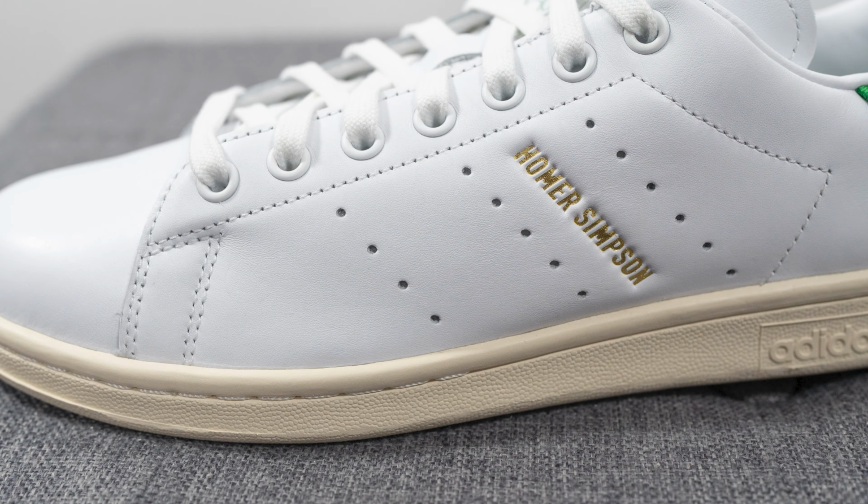And then on the lateral side only, instead of Stan Smith branding, here we have Homer Simpson branding pressed on in this metallic gold finish. Moving downwards, you can see we have more of that same smooth white leather. This wraps around the back of the shoe, and then we have an additional strip of leather running down the